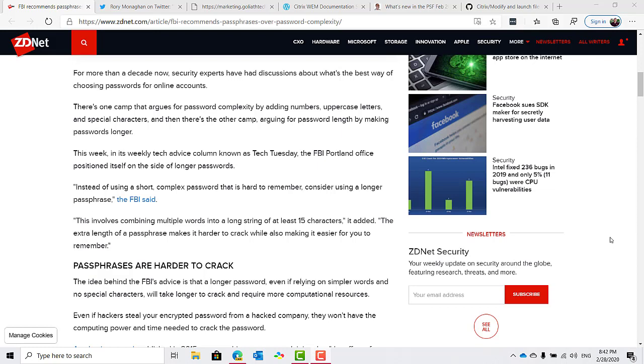The idea behind the FBI's advice is that a longer password, even if relying on simpler words and no special characters, will take longer to crack and require more computational resources. Even if hackers steal your encrypted password from a hacked company, they won't have the computing power and time needed to crack the password. It sounds like a good time to throw in my own 2 cents and suggest invest